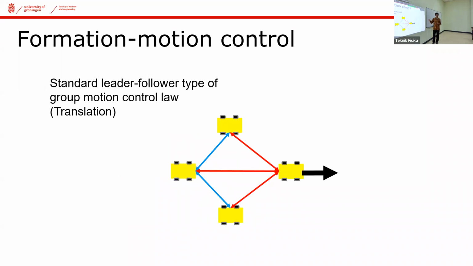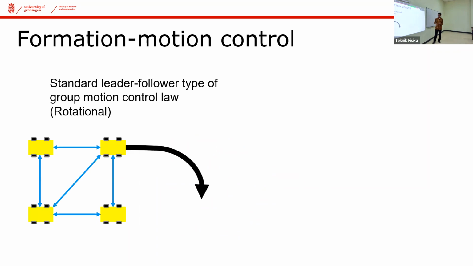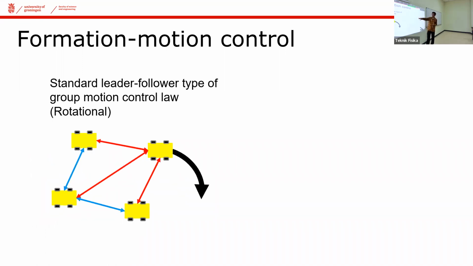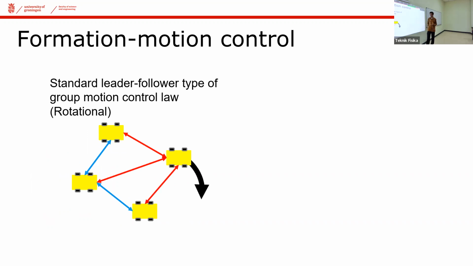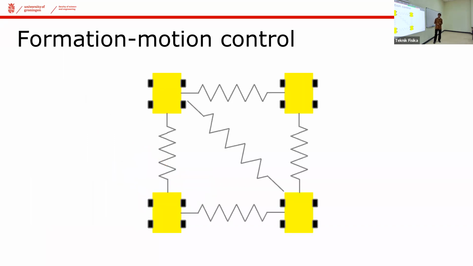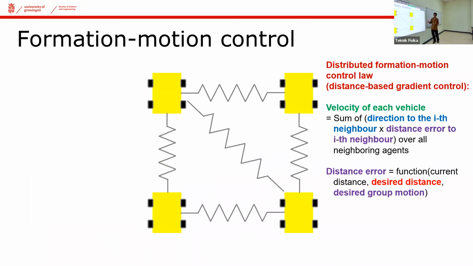So of course you could design different things for every robot in order to avoid this case, but I'm not going to go into those solutions. If we are looking into the rotations, you can think of the same problem formulations. When the leader tries to rotate, everyone tries to follow, but at the end of the day, it's still creating a bit of deformations in the formation shape. So how do we handle that?